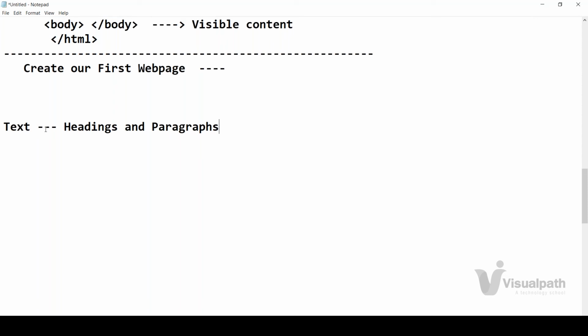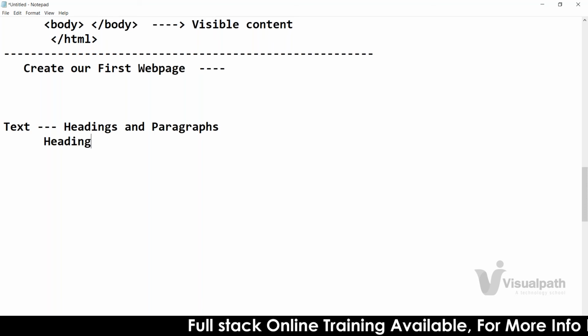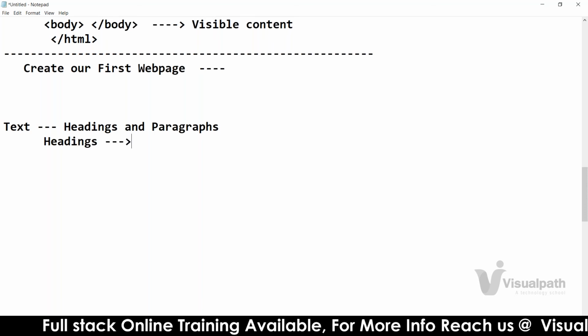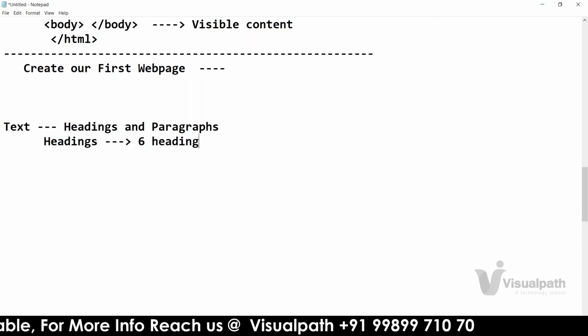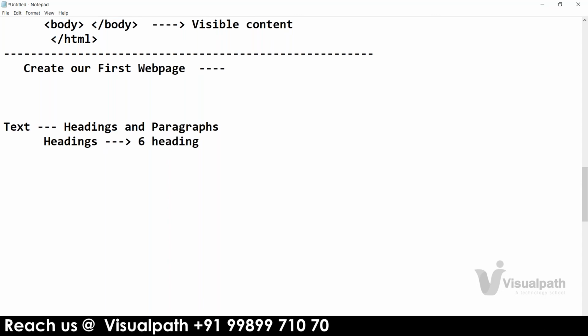In a web page, whenever you want to create a page with some text, when I'm talking about headings, there are a total of 6 headings by default. Later you can modify them and provide styling, colors and size with CSS.